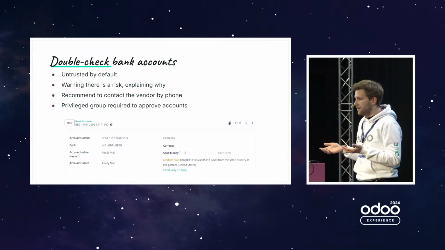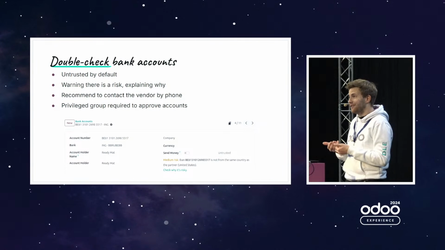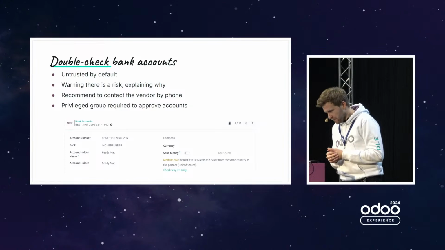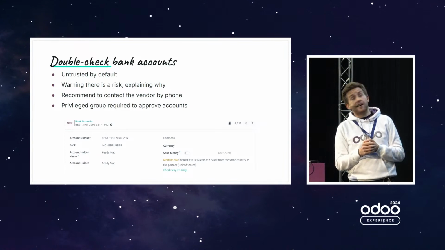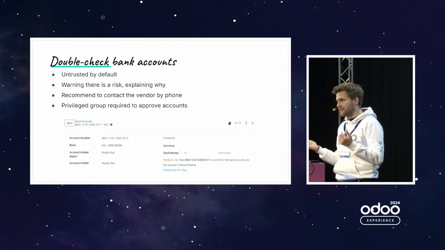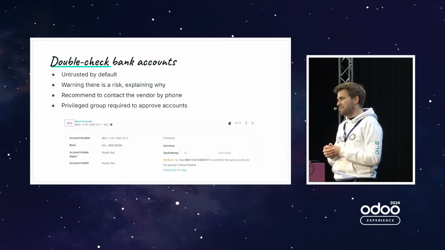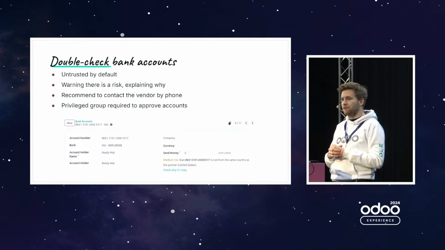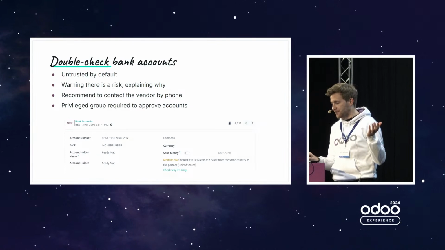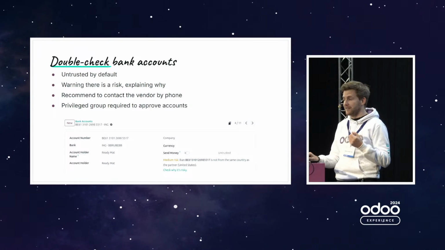It's basically that the accountant must have called the vendor to make sure that this is actually his bank account and not a random bank account he saw on a PDF. It seems like nothing, but this is the attack which is the most successful, like sending a fake PDF invoice and then sending the money away. It's the most common one we have to face every day at Odoo. So it looks like nothing, but it's super important to have this now and to have the accountant trained to not send money on the first bank account they see.